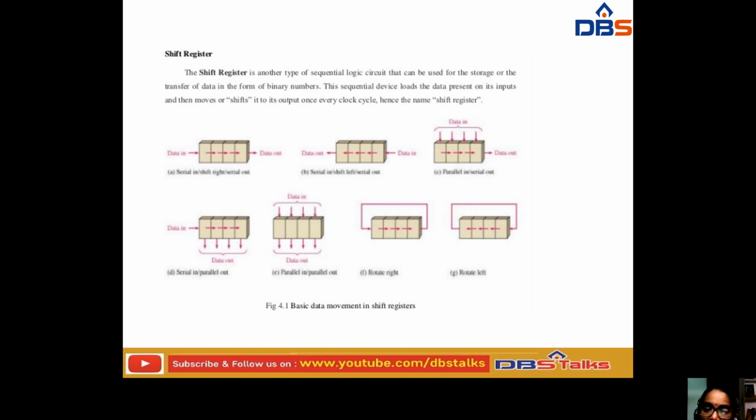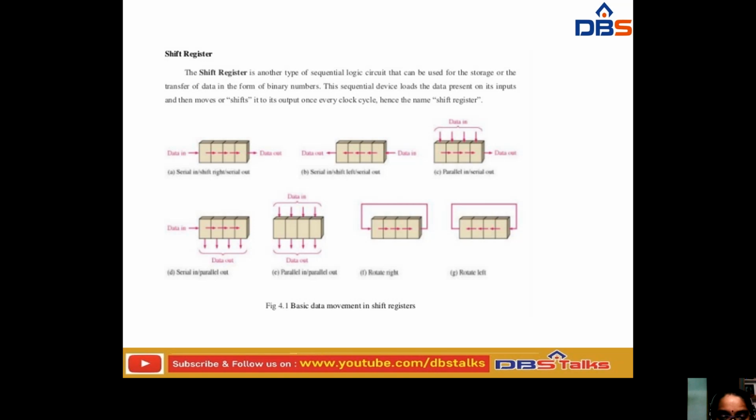If you want to rotate the data from one position to another position, that is what we are going to see here. Suppose you want to send this data from this place to this place, we have to move the data from one place to another. If you are rotating from right to left, we can say it is a rotate right. In the same way, if you are rotating from left to right, we can say it is a rotate left.